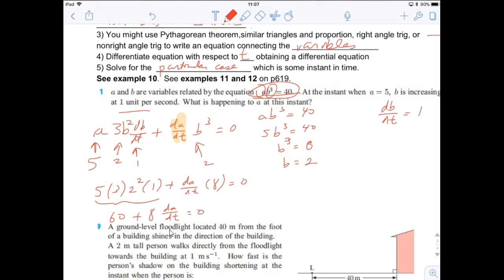Then 8 dA/dt equals negative 60. dA/dt equals negative 60 divided by 8, which is